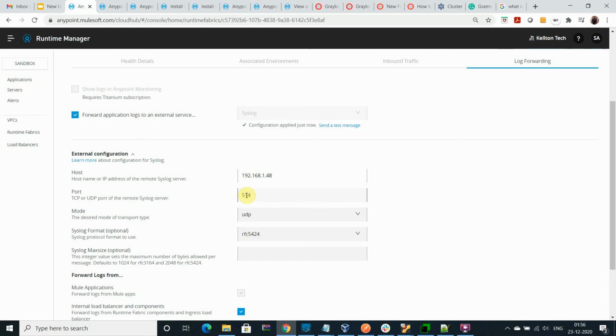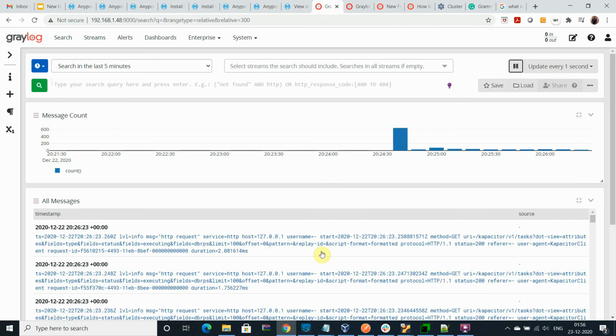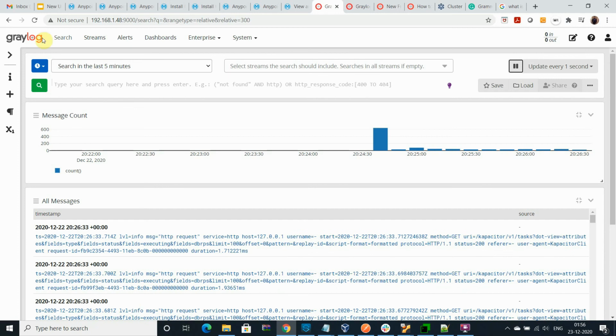I am sending syslog from my Runtime Fabric platform to the external tool IP and this port. After enabling that, you can see that all the processes executed on the server, by the command line or by a job, are sent to Graylog.